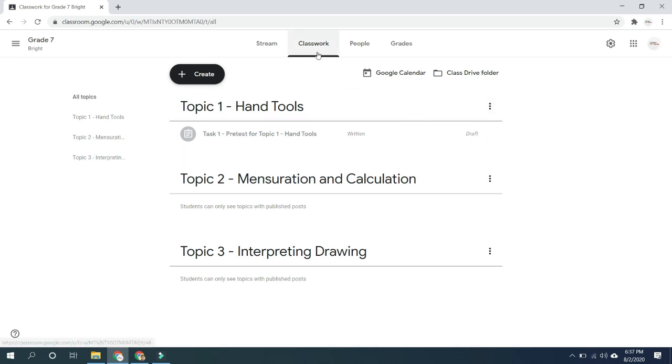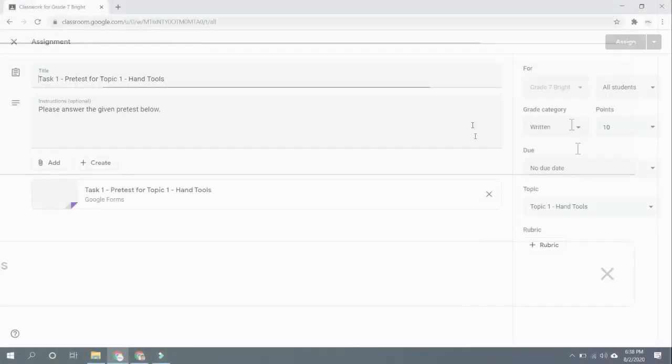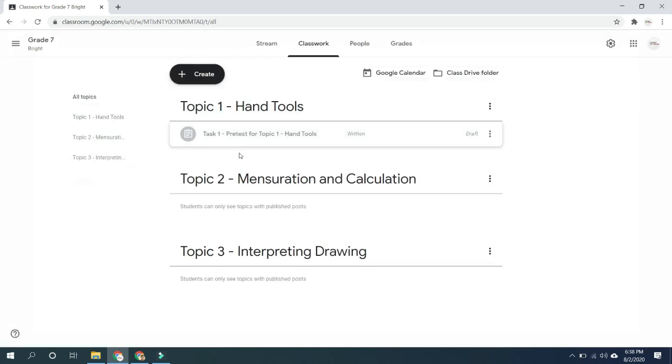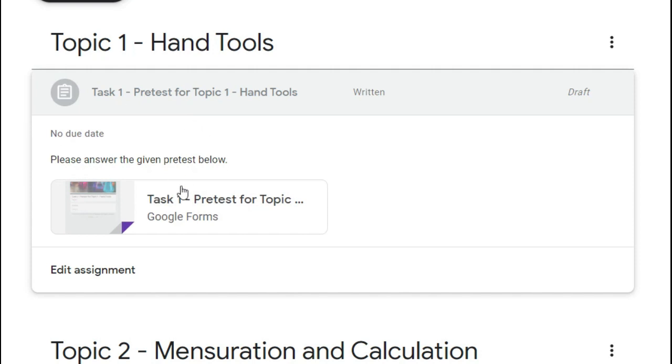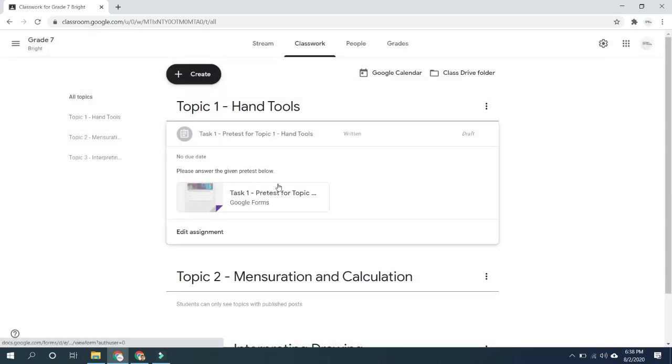When you are in your classwork tab and you want to assign a particular assignment, all you have to do is click the menu at the right part of the assignment, select edit, and then after that you click assign or you click schedule. Another way of assigning your assignment is to click on your assignment, and it will expand here, and you can click edit assignment and also select assign or schedule your assignment or save it as draft. So that is how you create your test assignment for your learners, specifically